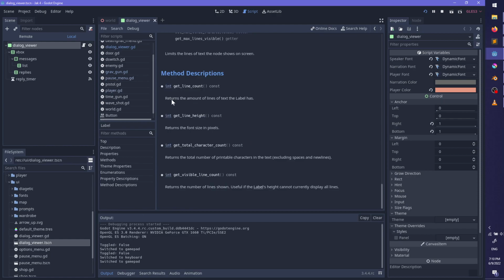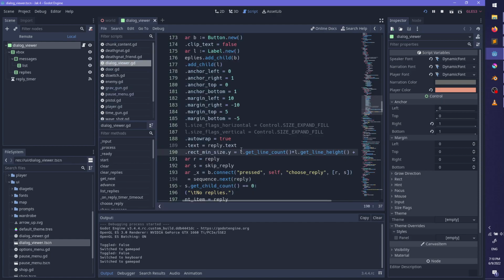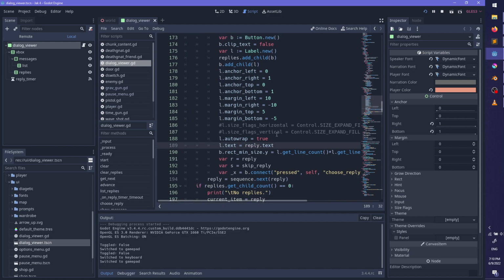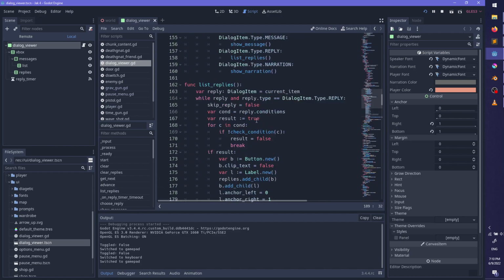Amount of lines of text the label has. What the fuck? What is it doing?